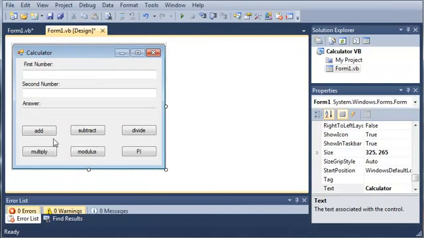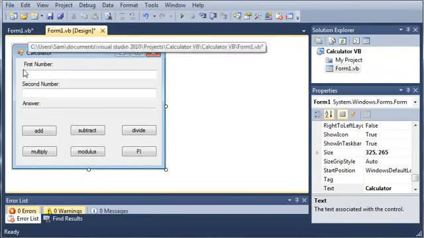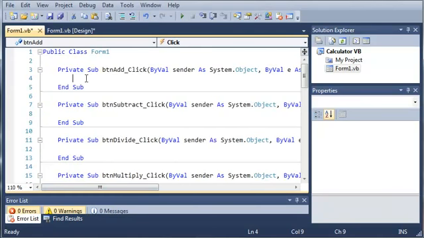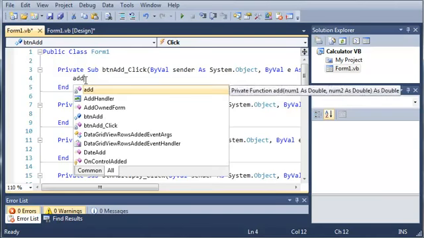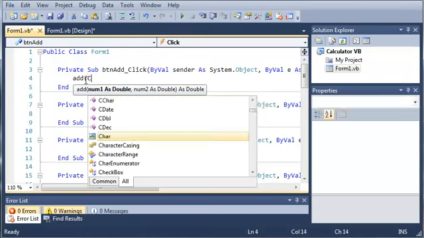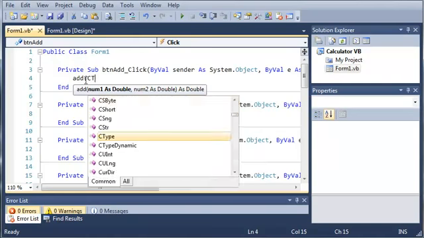Okay, so now we'll come to our button add click sub, and we're going to add the two numbers that are in the text box. So we're going to do the addition. We'll type add, and then for our arguments, we're going to convert whatever text is in there to a double. So we'll type CType,